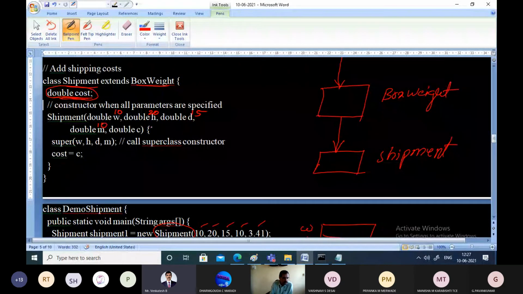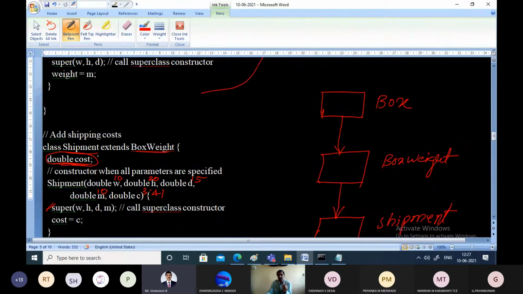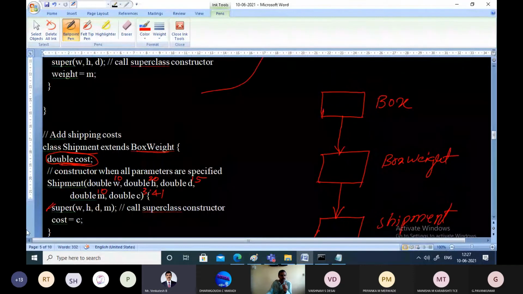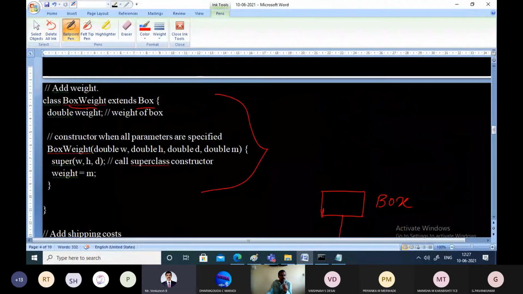Now immediately what it does is call the constructor of the superclass and initialize all the members. I need not explain this once again. What is the superclass for shipment? Box weight is the superclass for shipment. So it will call the constructor of the superclass.